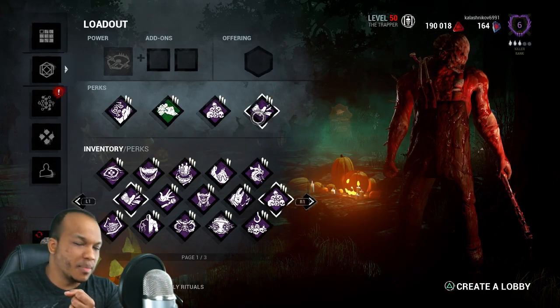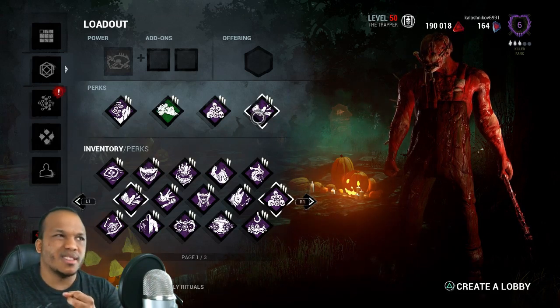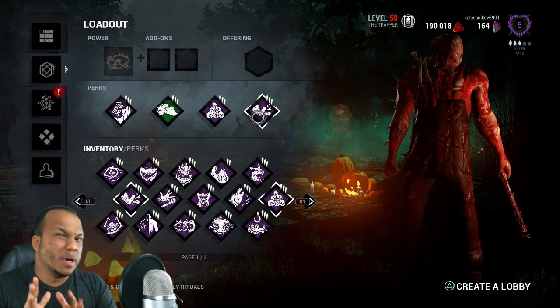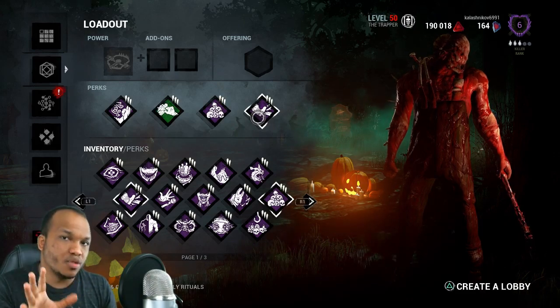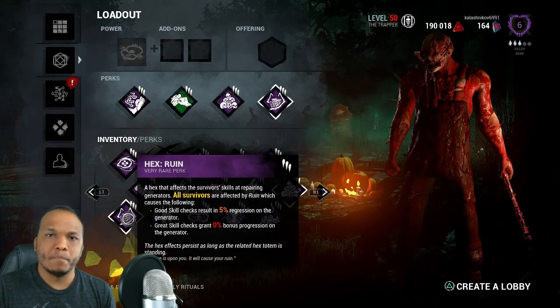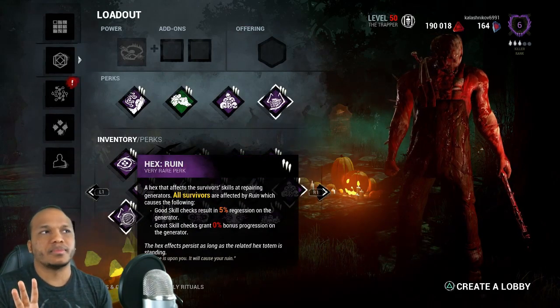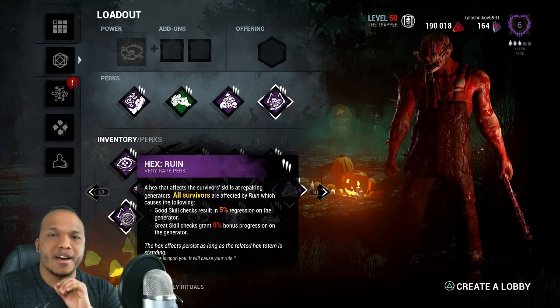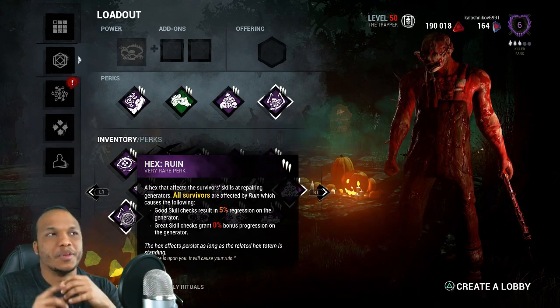If they're not carrying medkits, if they're carrying flashlights or toolboxes, then Franklin's Demise will not be a great choice, in my humble opinion. If it's toolboxes you see them carrying, what you might want to do is run Hex: Ruin. Hex: Ruin is a great perk, and it's cancer against toolboxes that have brand new parts, because many survivors,